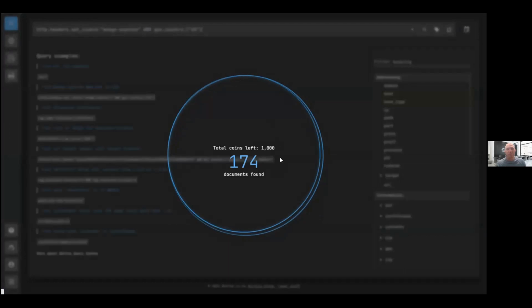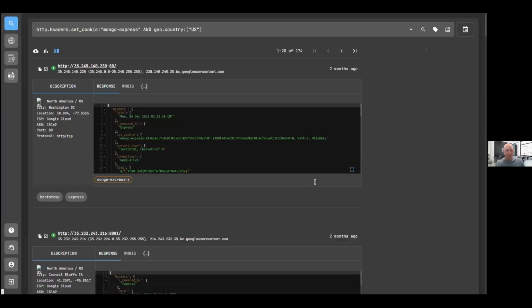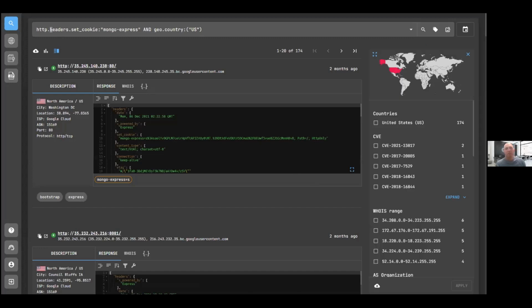You have the ability to have documents that provide you the information. And what I did is this query: look for HTTP headers where the set cookie item says Mongo Express and the geolocation country is US.